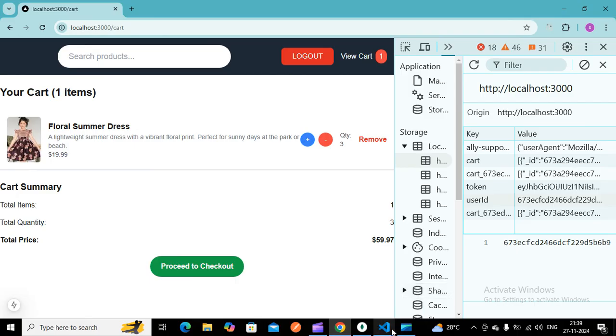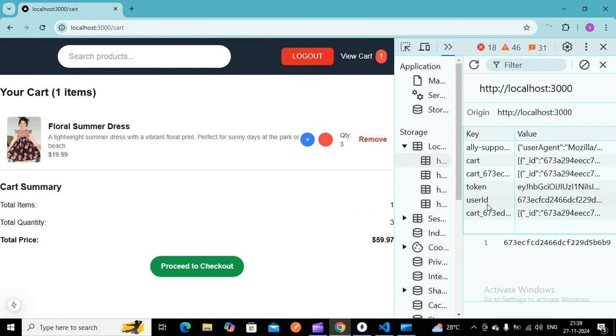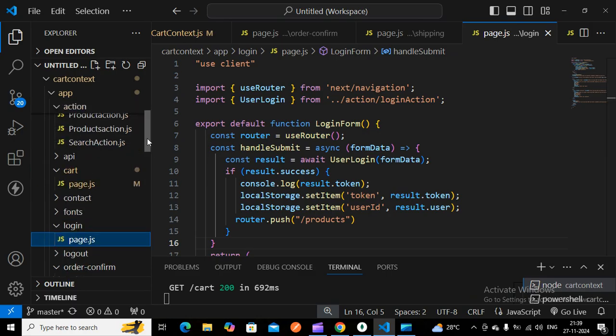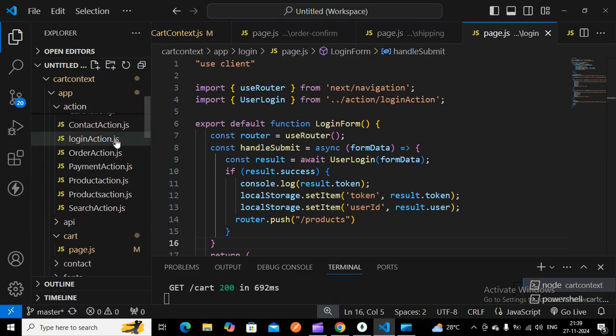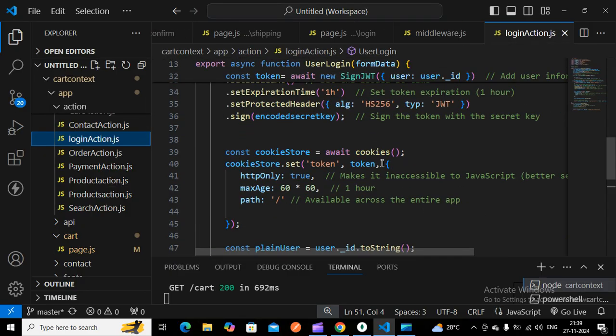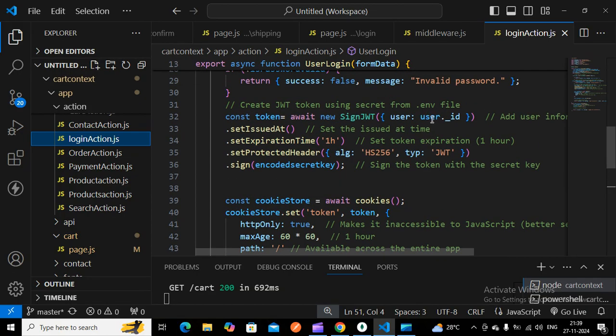So for that, I have to set a user id. How do I get the user id of that particular account? You go to the login action, where you will be getting the token. When we generate the token, we get user._id from it.